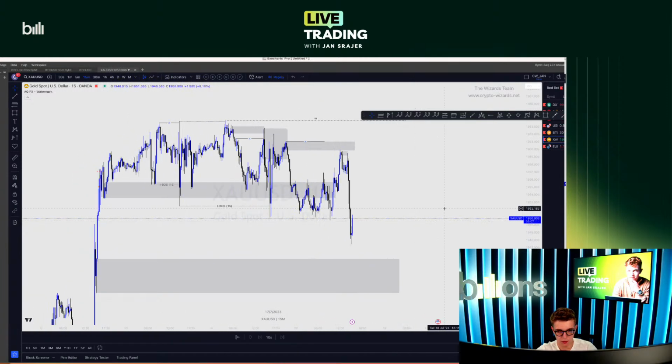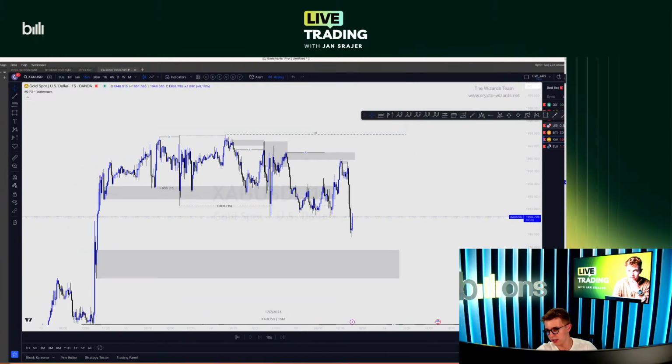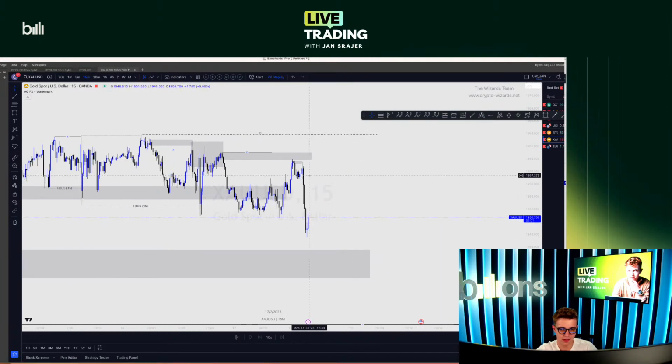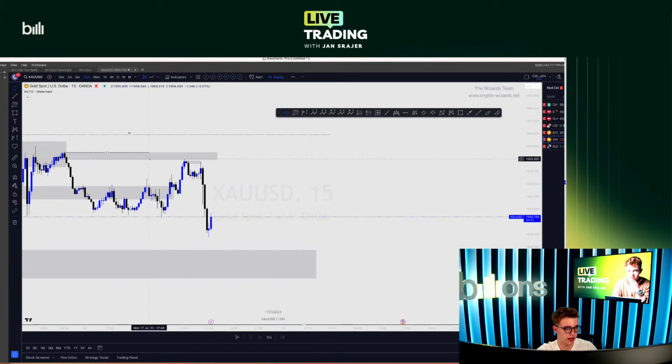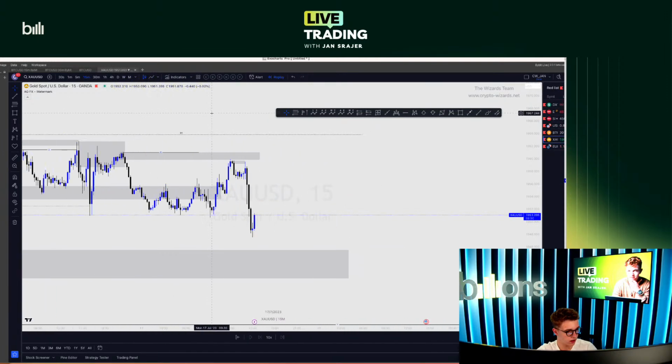1944, each zone is potential for a stop on gold. What I told you yesterday, what I told you last week, I'm going to tell you the same thing today. I'm not trading gold for probably the next 5 days, if you're not going to get some perfect trade, because of the losses that I took on gold.